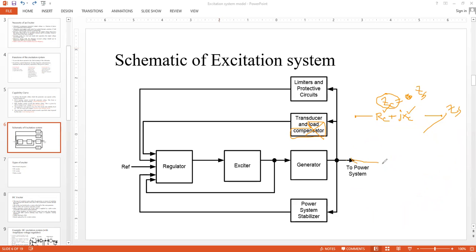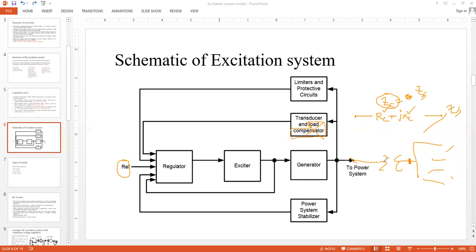Let's say there is a transformer, there is a network, a big network. If you are trying to control or extract the voltage information here, and then put it into the regulator for comparison and regulation,